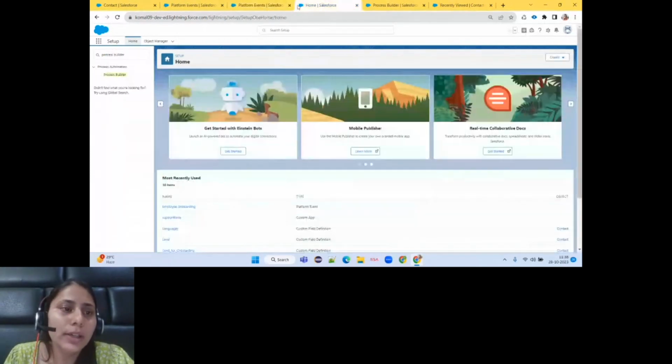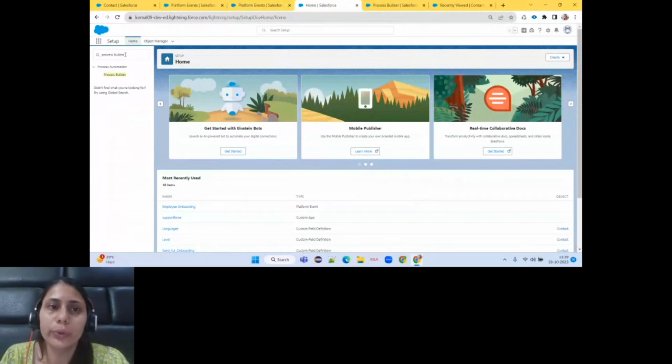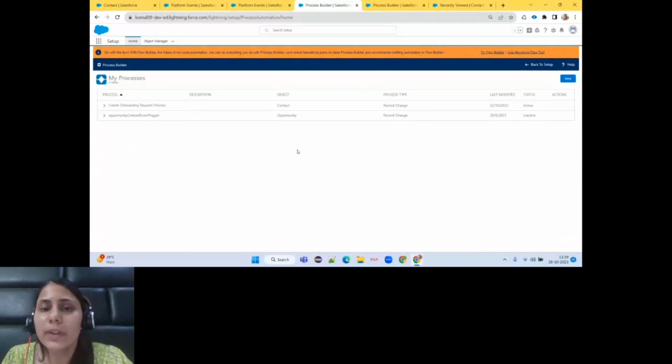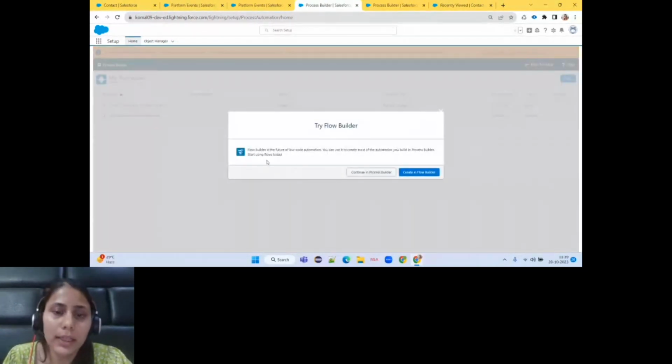Then the next step will be opting for the way we want to trigger our platform event. In our case, I will be using a process builder. If you click on New, there will be a prompt to try Flow Builder.